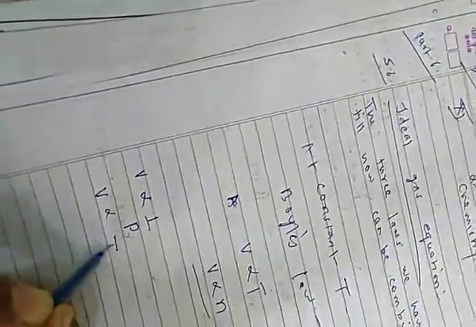So by combining all these three, V is directly proportional to 1 upon P, V is directly proportional to T, and V is directly proportional to n. By combining all these three, V is proportional to nT, and P is inversely proportional. This equation is termed as 5.15. Now by removing the proportionality, we keep our gas constant, that is R, so V is equal to RnT upon P. This is 5.16.